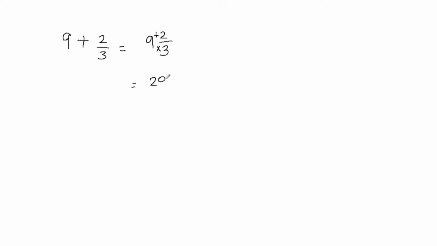So we're going to put 29 in the numerator. And then we don't change the denominator. So we're going to leave it as 3. So this is going to be 29 over 3, if you need to write this in the form of a fraction. But if you want to leave it in the form of a mixed fraction, you can just write this as 9